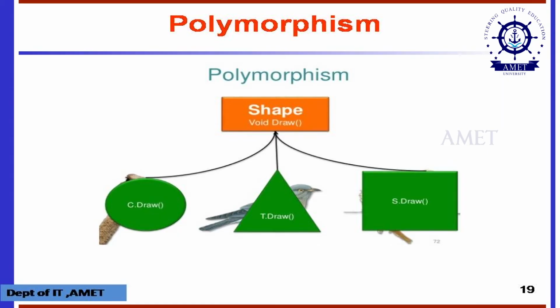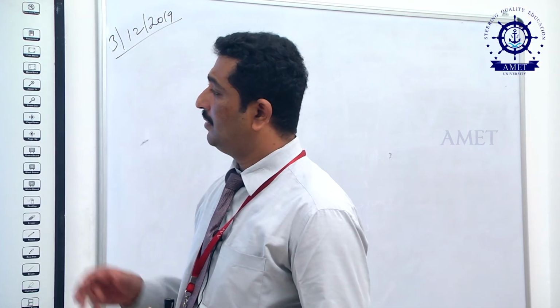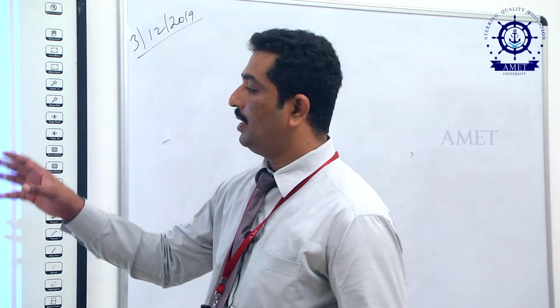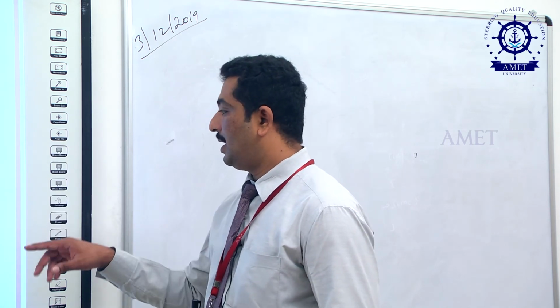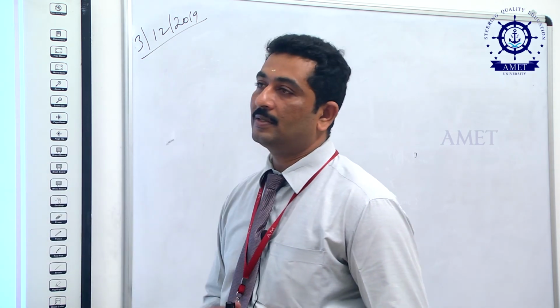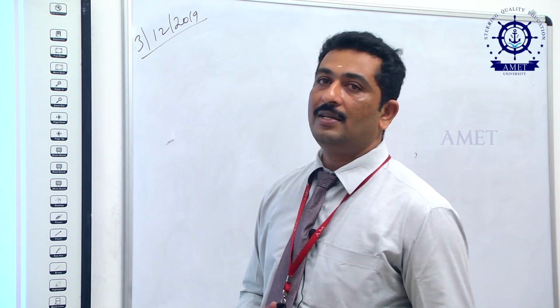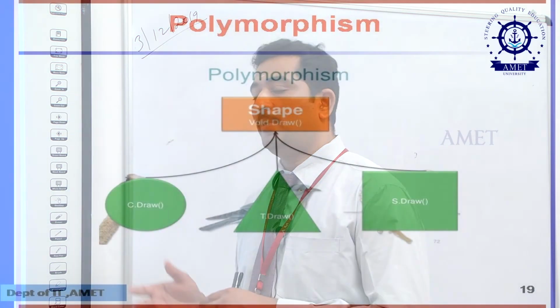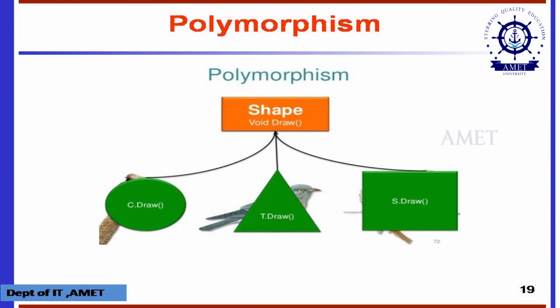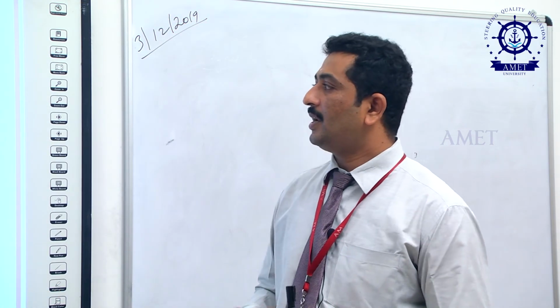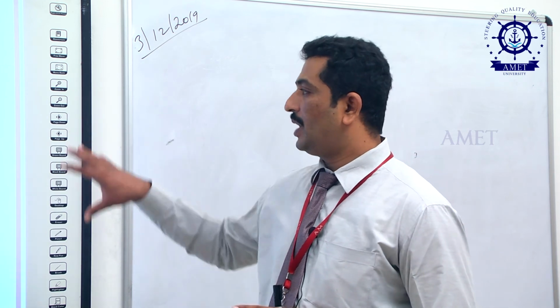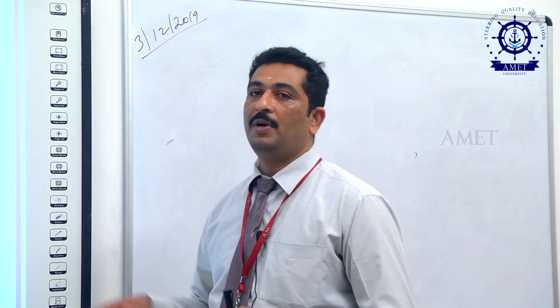This is a simple diagram of polymorphism. Shape is a function, and circle also comes under shape, triangle also comes under shape, and square also comes under shape. There are many examples. Chair is also one type of polymorphism, applicable for plastic chair, steel chair, wooden chair. Car also comes under polymorphism. Different varieties of car exist, and they all represent the common name car. So we use this kind of concept, called the polymorphism concept.